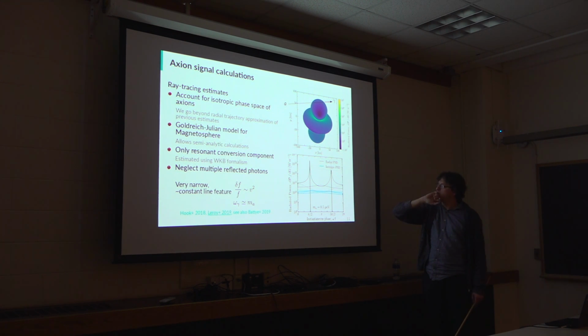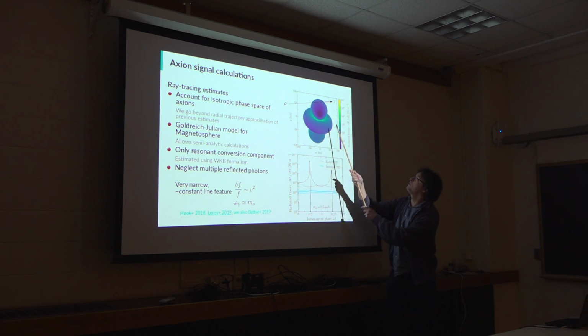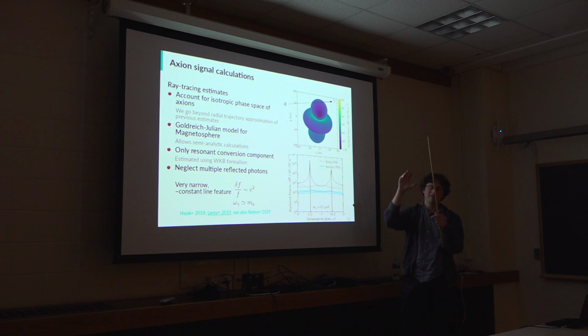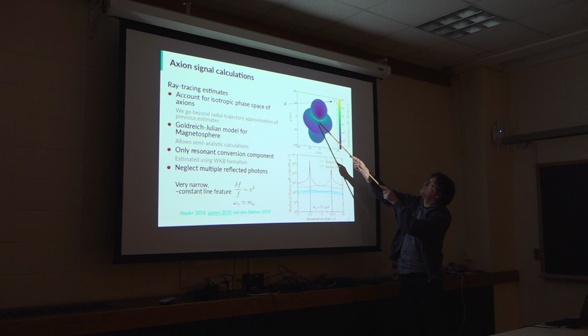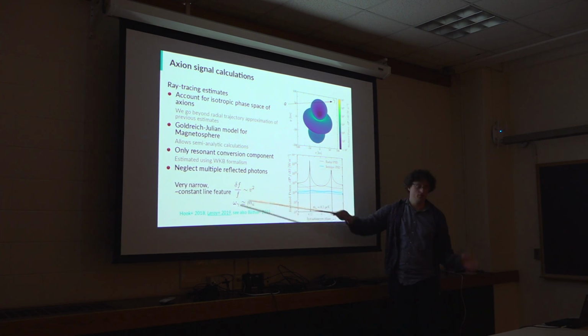But what we were interested in is mostly whether there's any hope to see the time variation. What you see here, the contours correspond to contours of constant plasma frequency of the photon. Most of the emission, or a good fraction of it, would come from the throats that go all the way down to the surface of the neutron star, where the magnetic field is very large. But if you calculate the entire thing and look at how the signal varies while the neutron star rotates, the variations that we found were very small. So it doesn't seem to be a good idea to look directly for the time variations of a radio line. It's enough to just look for a very, very narrow line.